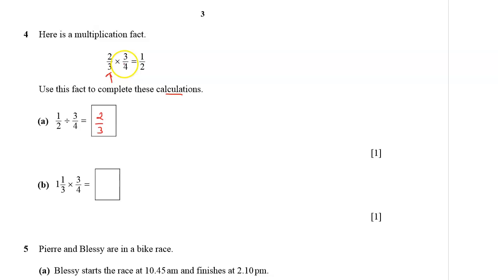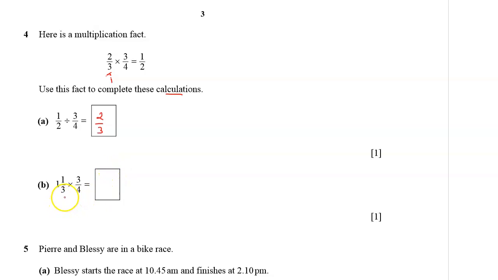If 2/3 times 3/4 gives a half, then a half divided by 3/4 will give us 2/3. Okay, that will be it. Part B,